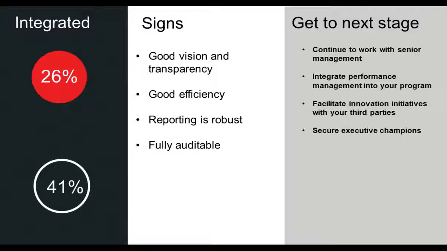I'd say this integrated stage is the one that I end up spending the majority of time with our clients on. They tend to be the larger organizations. They tend to be pretty mature in and of themselves. They tend to have been working with us for quite a long time. So there's a lot of work that goes into this stage, and it helps you make the decisions as to whether you have a need or a justification to get more advanced in your journey.